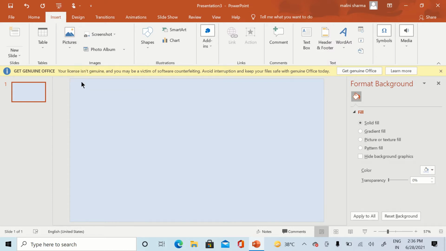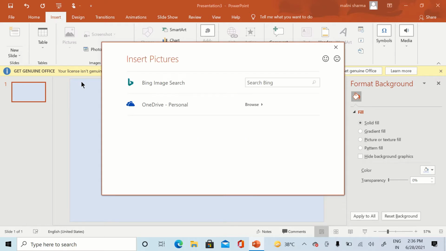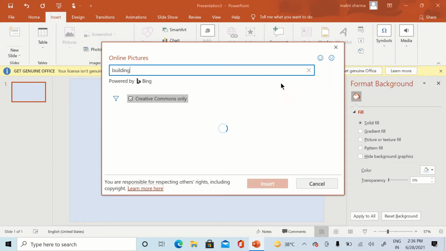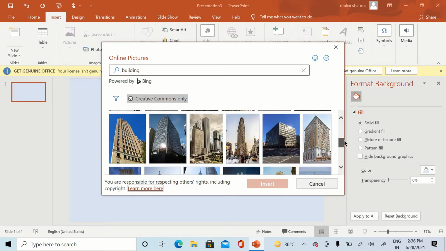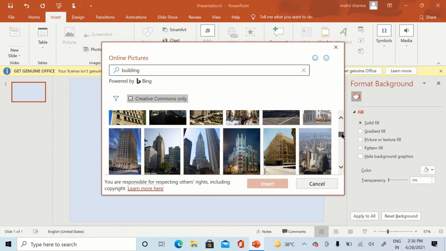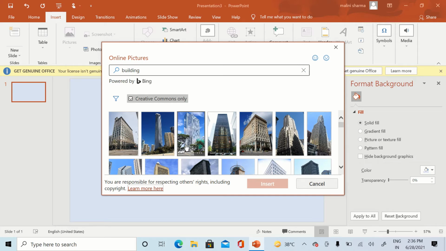I am selecting this one because I will search the clip arts online. Now I am writing the category, building. If I give only building, then it will display the pictures with the background.